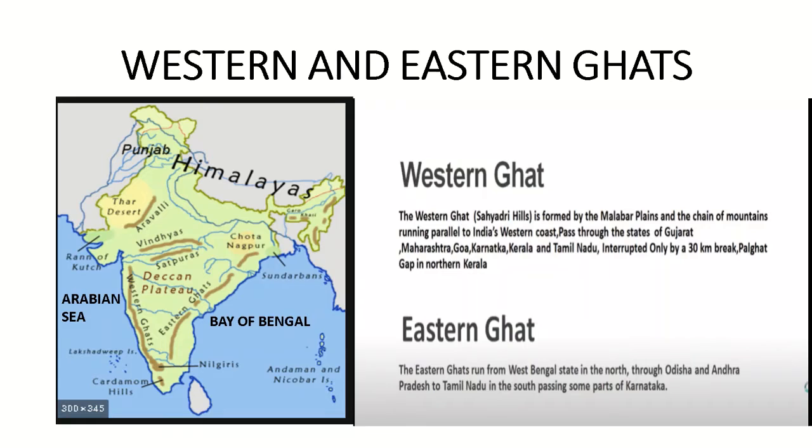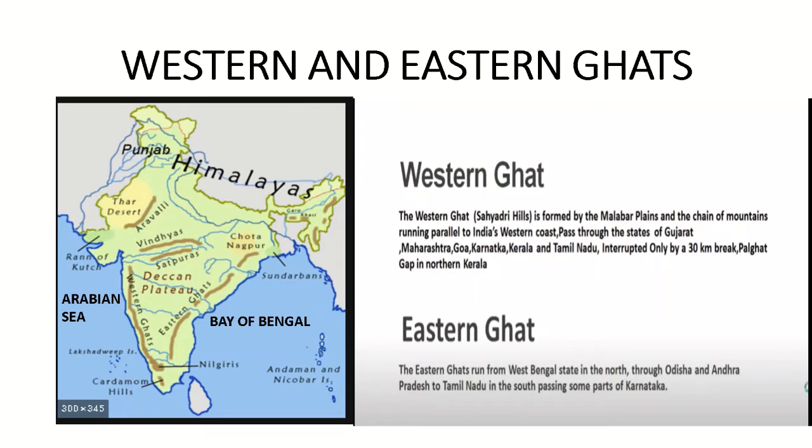The western part is known as the Western Ghats because these are mountain ranges. The eastern part is known as the Eastern Ghats, which are also mountain ranges. Both the heights are not similar. There is a difference between the heights. Now, Western Ghats is close to the Arabian Sea, and the Eastern Ghats are closer to the Bay of Bengal branch.